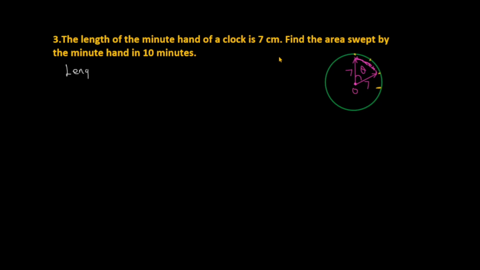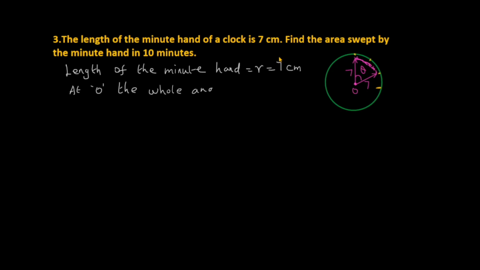So, length of the minute hand is equal to R is equal to 7 centimeters. That is the radius of the sector. To find the angle, we know that the whole angle at O is 360 degrees. So when the minute hand covers this 360 degrees, after one full rotation,